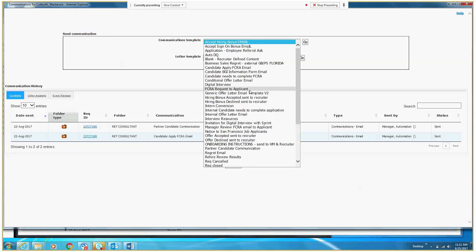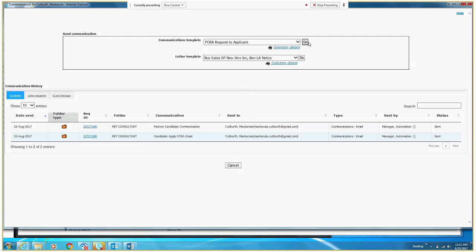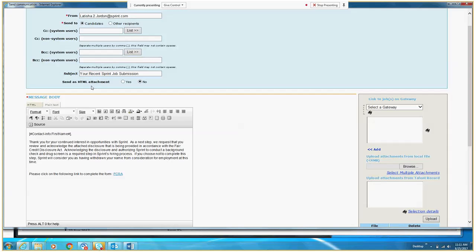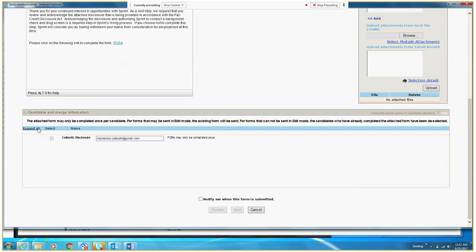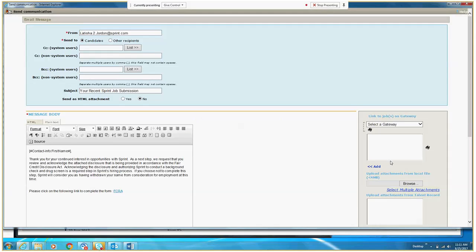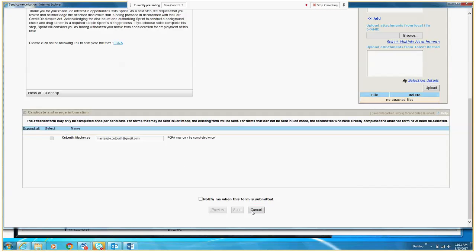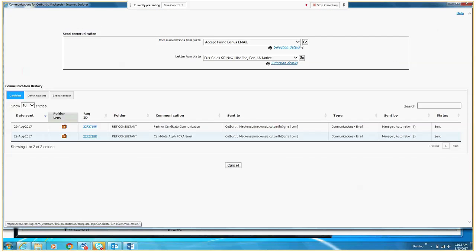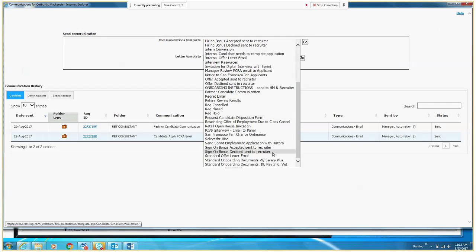And it's the same process. So when you hit select and go, this comes up. If it's already been sent, this is the message that you're going to see, that it cannot be sent because the candidate has already attached it. If the candidate hadn't completed the form, this wouldn't be there. I'll go back to the other, and it'll gray it out. So you couldn't send it if it's a duplicate send. So I'll go back to application because obviously they have not been moved to select for hire.